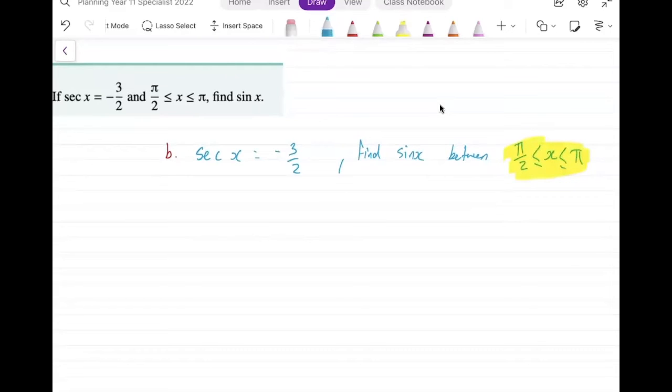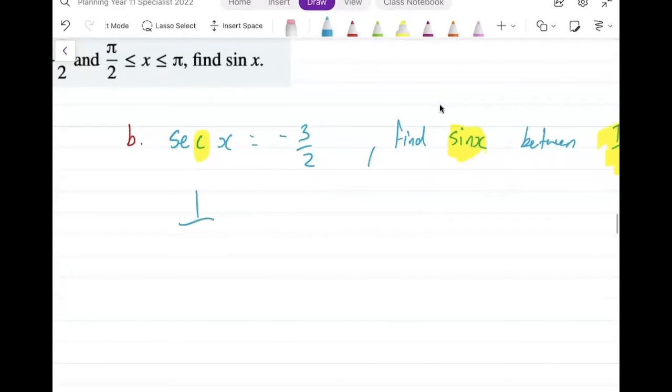Similar idea. My third letter here is C, so I have a reciprocal cos function, and I'm trying to find sine. In the first example, I had a reciprocal sine function and I was trying to find cos. This time I have the opposite, but I'm given this boundary condition. This is going to be 1 over cos x is equal to -3/2, which becomes cos x equals